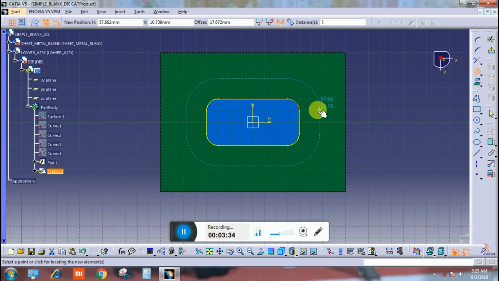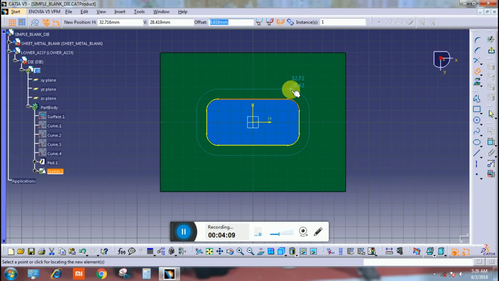Then for relief profile we need knowledge of blend die. So for relief profile you need 1 mm per side profile.